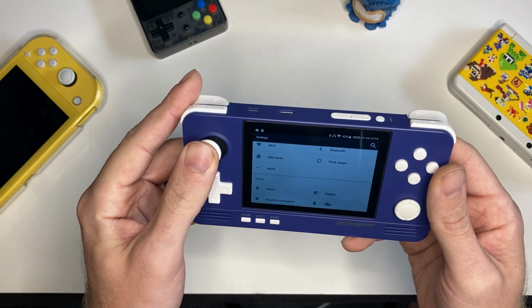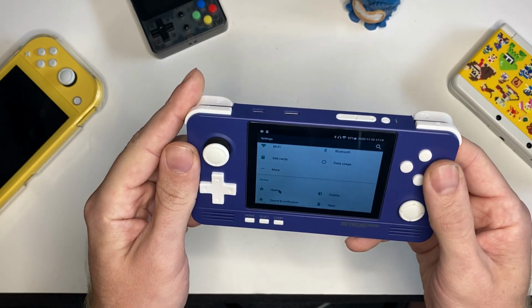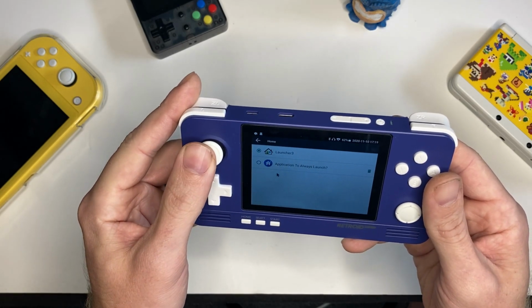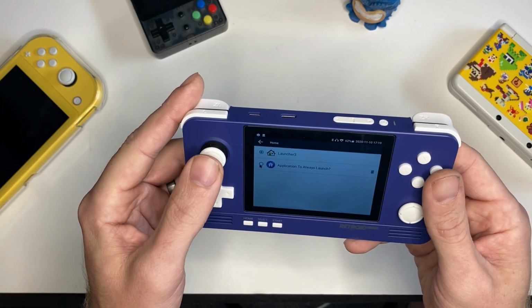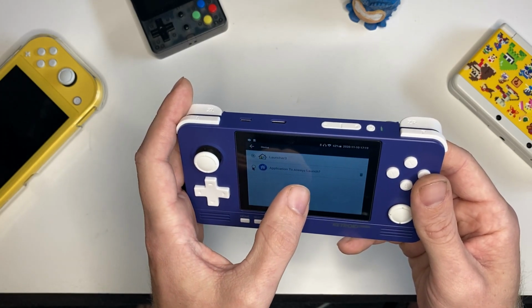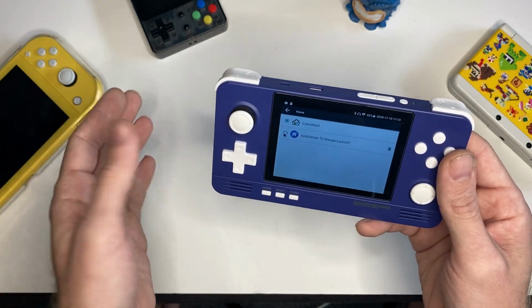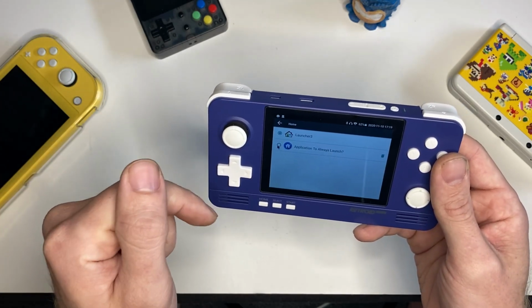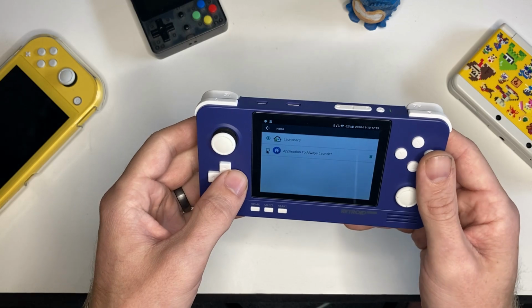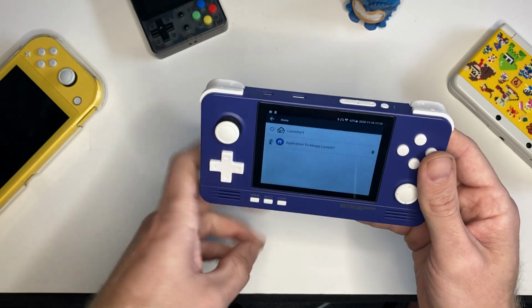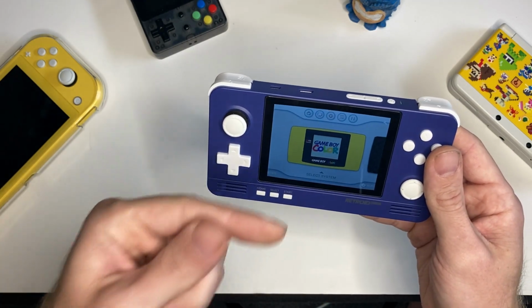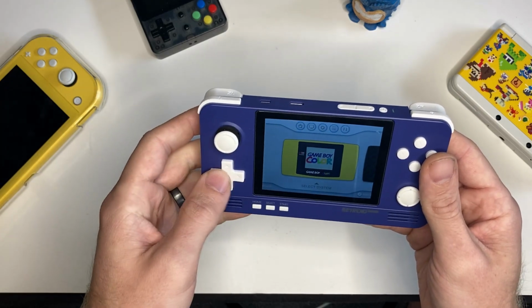And now that that is loaded, we're going to scroll until we see the home option under device. Click on home and then change your home launcher. So right now we're just going to use that application to always launch, which is that any app launcher, whatever it's called on the Play Store. I'll link the exact name on the Play Store below. Click on that, and now when you press home, it's just going to take you straight into DIG,